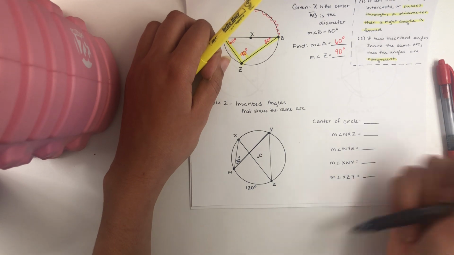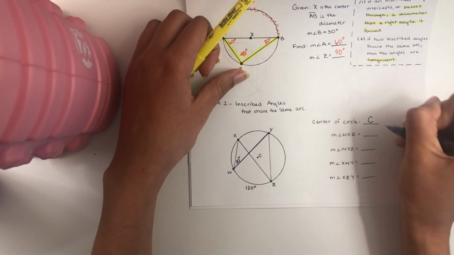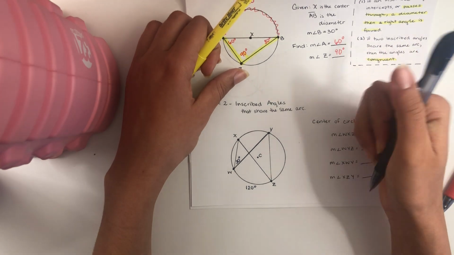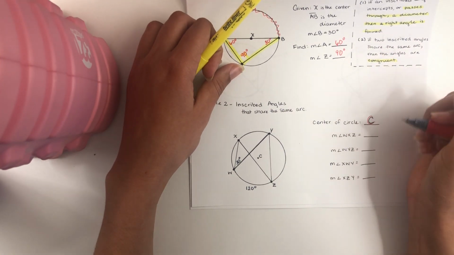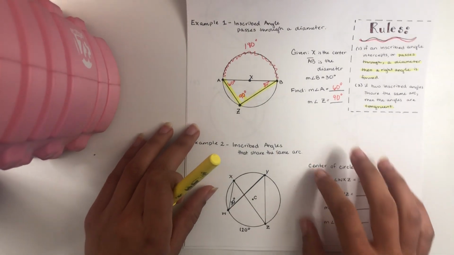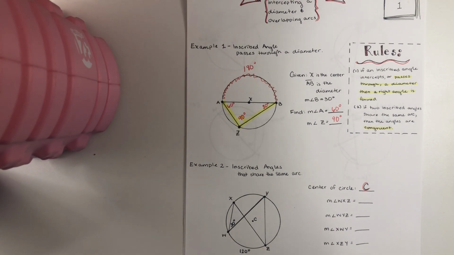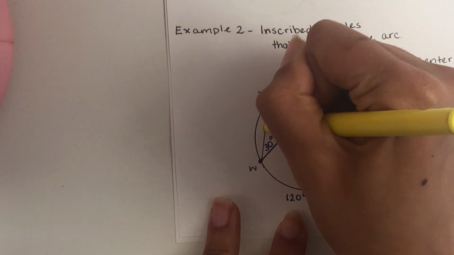All right, center of the circle. Which point is the center of the circle? C. Great. All right, now, should have written that in red. Now they want us to find these different angles. So let's first look. I'm going to use my yellow highlighter. Right here, I have